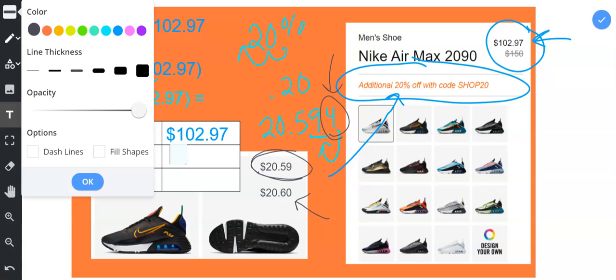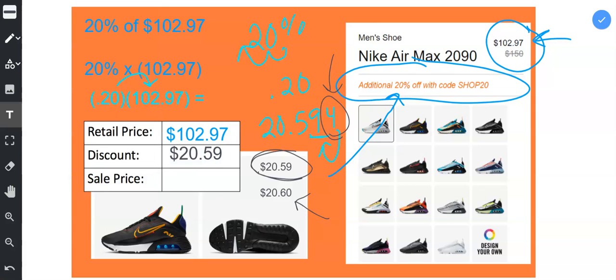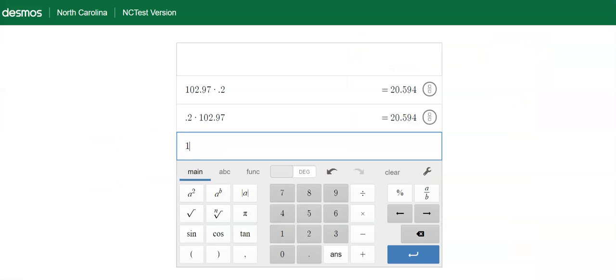And the discount was $20.59 because it didn't round up, it stayed the same. And then remember, the discount decreases what you have to pay. So the sale price is going to be less than $102.97. And we're allowed to use a calculator for this. 102.97 minus 20.59. So 102.97 minus the $20.59. And we get a total of